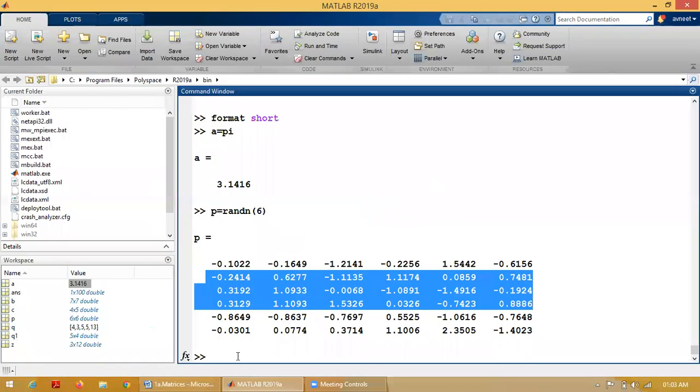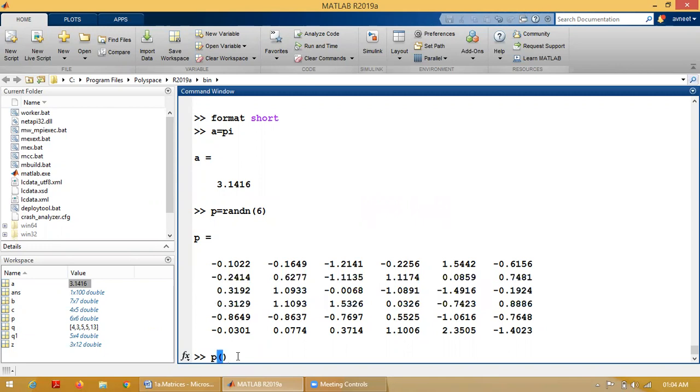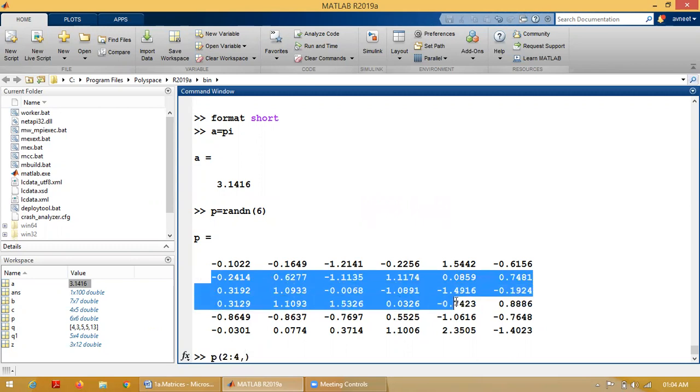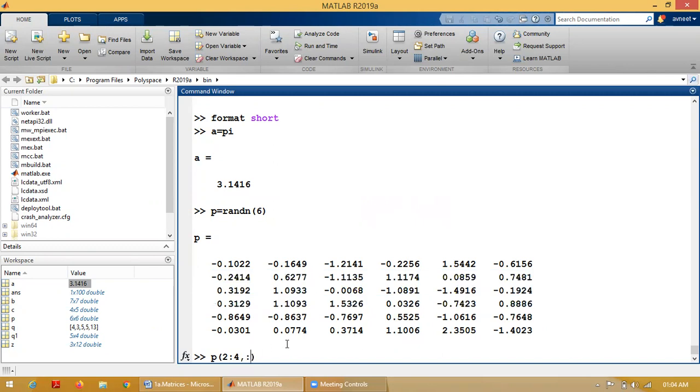Okay, so I am using my colon operator again. P is my matrix. How many rows? 2 colon 4 rows, comma. How many columns? All the columns, right? So how can I write all the columns here? Just put the colon operator and it will consider all the columns. After the comma, there are columns. So if you put only this colon operator, it will consider all the columns here, and equal to ones